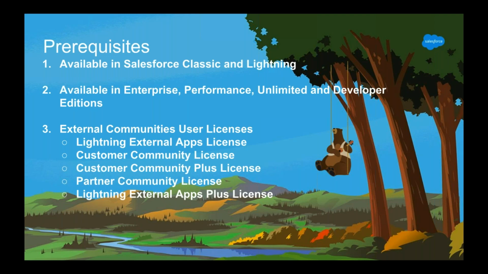In enterprise, performance, and unlimited orgs, we can create up to 100 communities without buying communities licenses. However, to create communities using the Partner Central template, we must purchase at least one partner community license. But even without communities licenses, external users have some access to communities. Purchase Community Cloud licenses to allow members to log in or give access to Salesforce objects based on your business's needs. If you intend to use your community as a public knowledge base for unauthenticated or guest users, you can do so without purchasing communities licenses at all.